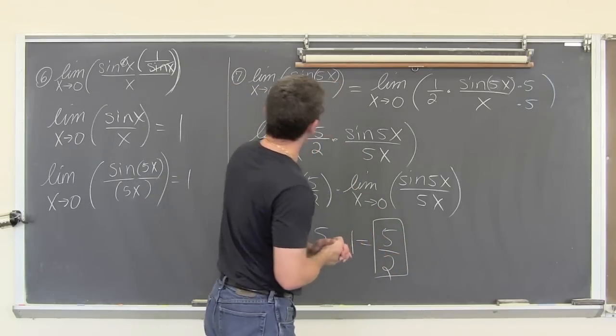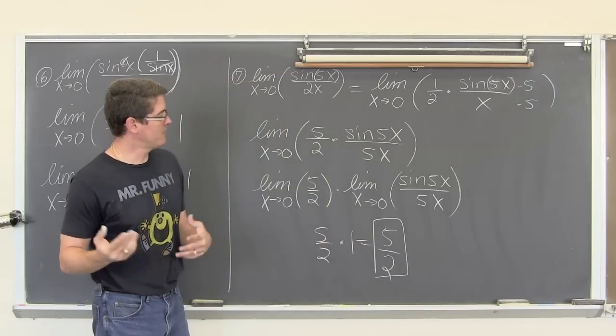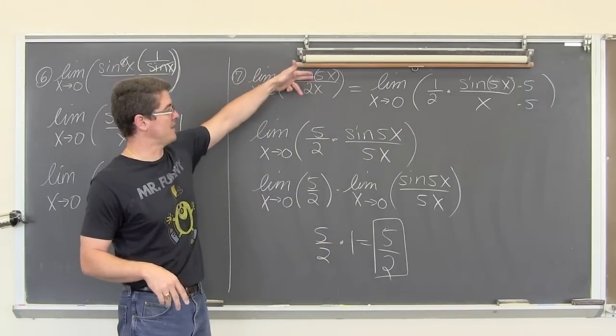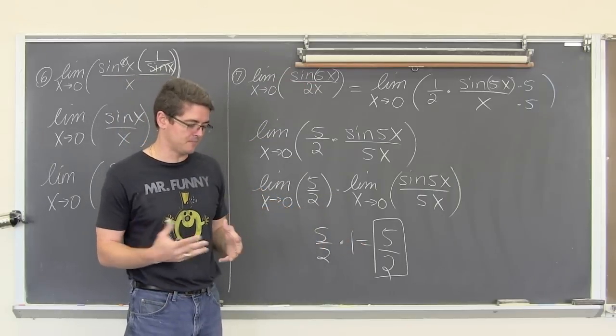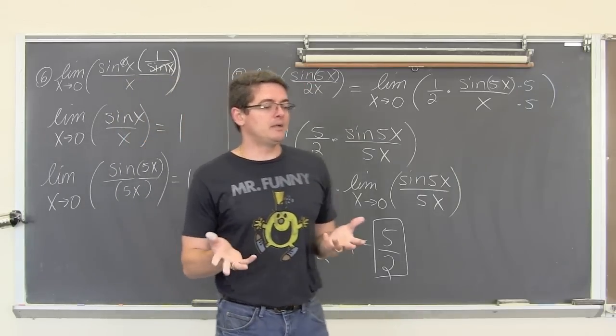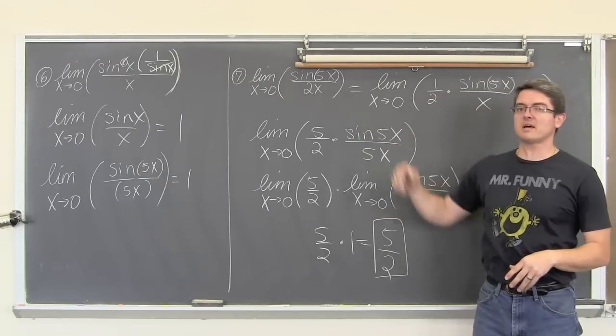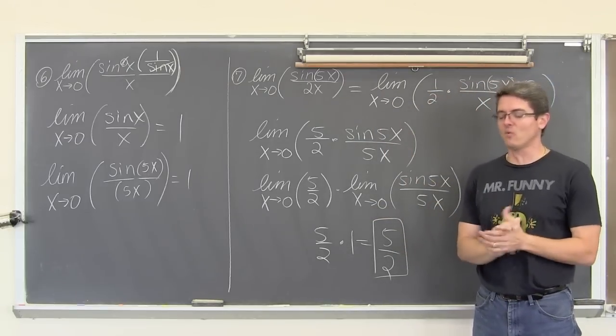Now, please don't be tempted, even though this pattern has shown up. You could just be going like, well, there's a 5 over 2 and that's your answer. Is that always going to happen? It might. But I would strongly suggest not trying to glance at this and seeing some kind of shortcut and thinking that that's always going to work, because